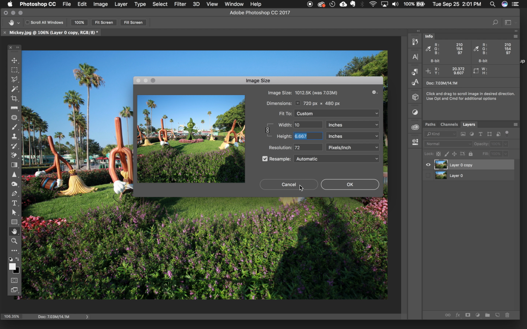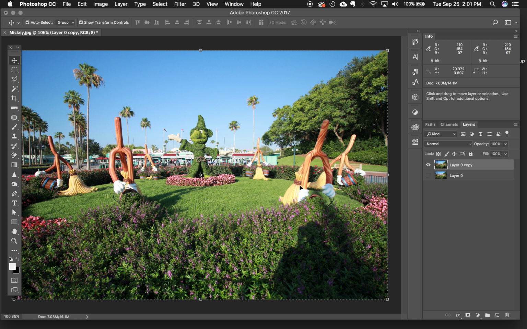I don't want to do that, but that's good to know. Click Cancel. Another way to change the image size is to crop. You always want to crop to have good photos, and to do that, you can go over to this